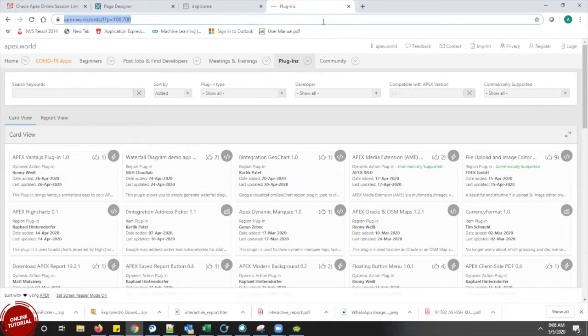This is the site for Oracle Apex where we can see all the plugins. That is the trusted one. It is not trial and test. This is 100% going to work in Oracle Apex, it is not with a specific version. This is going to work with any other version. So this is basically the site where you can find all the plugins.